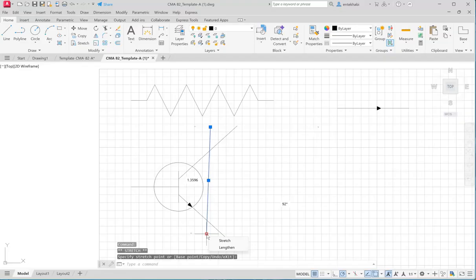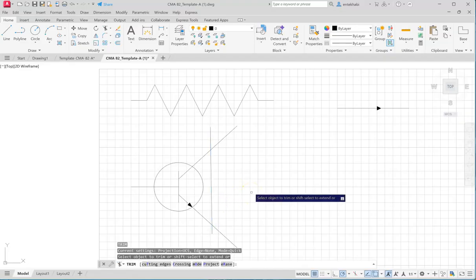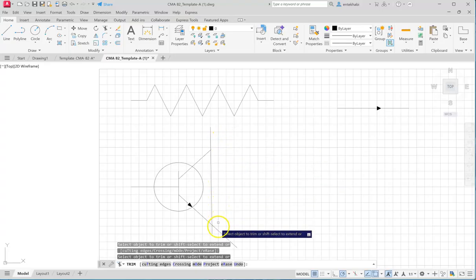Oops, I accidentally jumped here. Okay, now I can trim. Define my cutting edge, or I can probably just not worry about that. Okay.